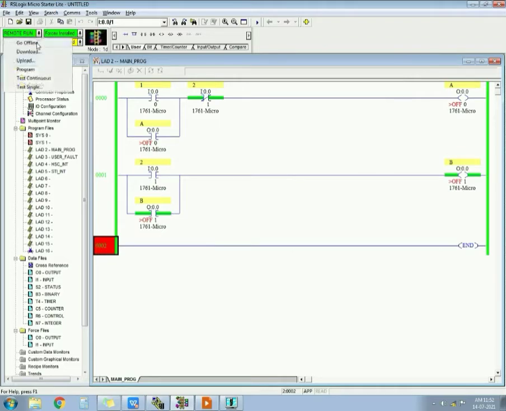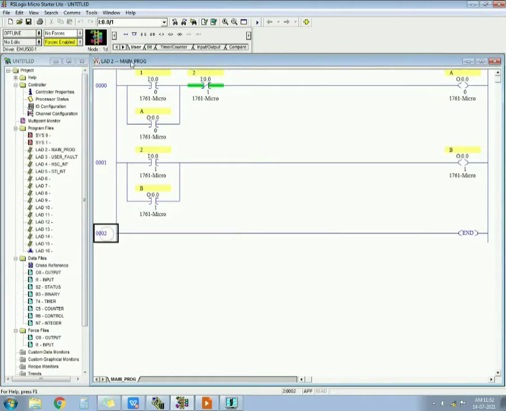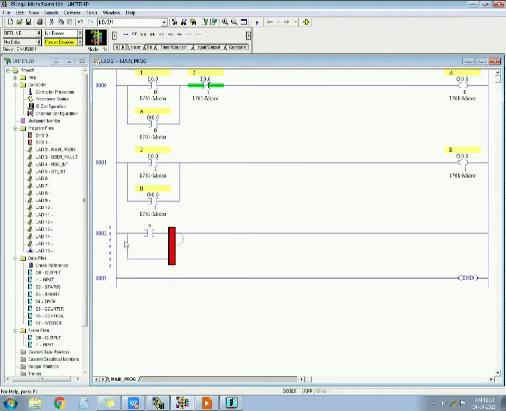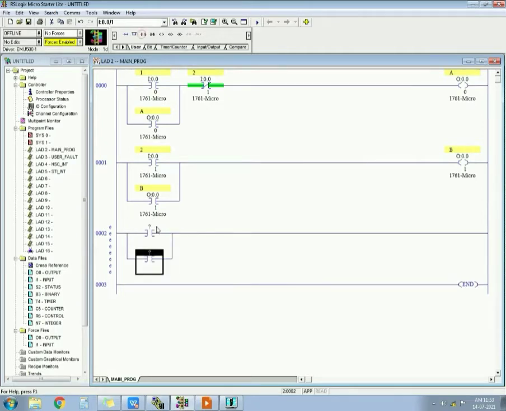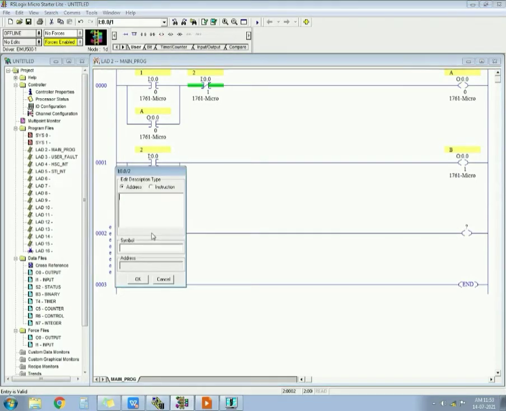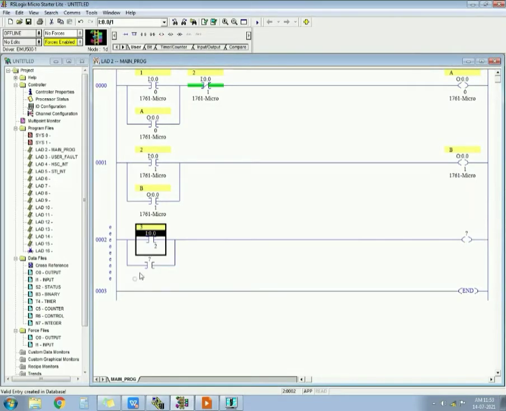What I see is that students make this mistake: they take this third push button here. But there is no other output. So how will you latch this third push button? If I take a third push button here, you would have to take another output, but there is no other output in the question. So you don't need to take it here.